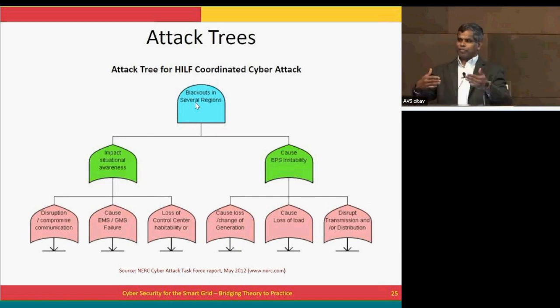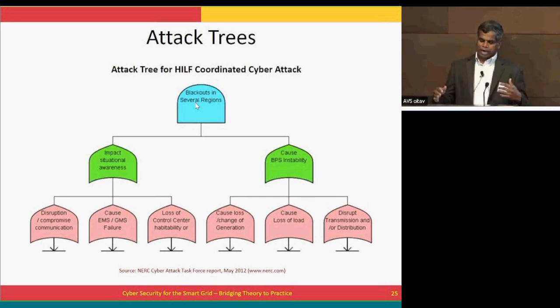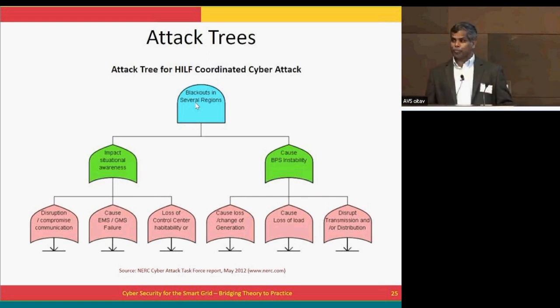One can take it further to a much more fine-grained level, to the utility control center, further down to the substation and so on. Of course, this is at the top level, at the MISO and regional level. That is the definition. As I understand, NERC has developed that kind of attack tree model so that we can at least conceptually understand what the things are that can cause a bulk power system blackout. How do we go about mitigating them?